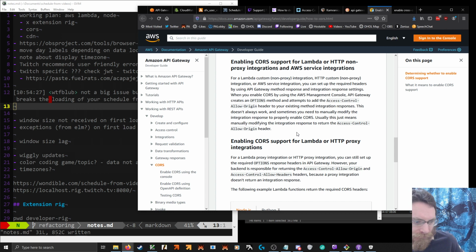Now, to be fair, X should only come from Twitch. Web should only come from my website. But I don't know. Well, maybe I could use a stage variable.